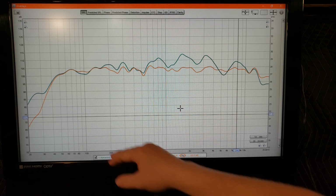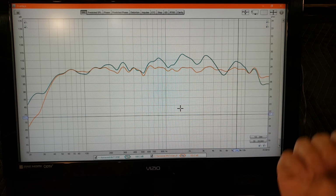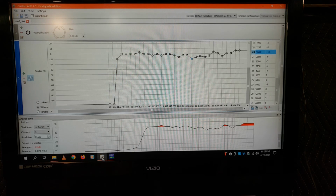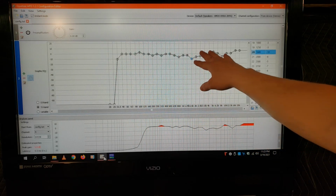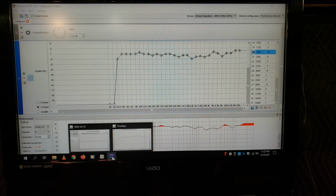I probably could have achieved this with physical parts with crossovers. And it probably would actually sound a little better that way. But with this, the calibrated microphone and the software, just a little bit of tuning with some EQ, I was able to grab the mid horn that was just out of control and yelling at me, grab that sucker and pull it down, get it under control,